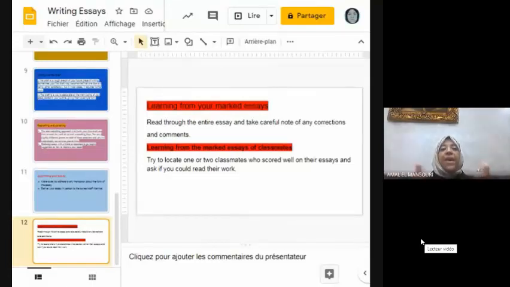Why? Because they don't have the mechanics of writing a paragraph. So you have to put it in your mind that you have to include a topic sentence that is clear and simple, focused and to the point. So from the very beginning, I know what you are going to discuss in the paragraph.